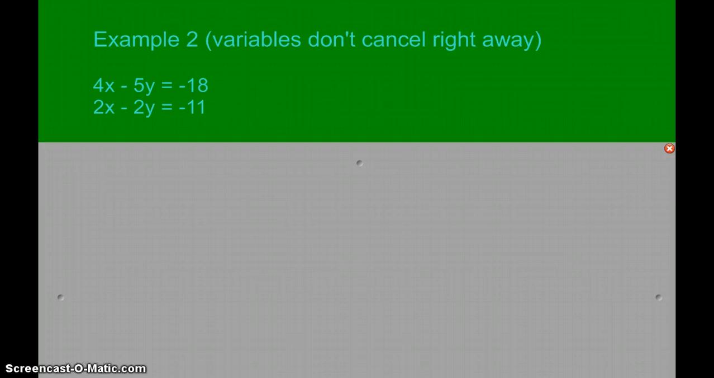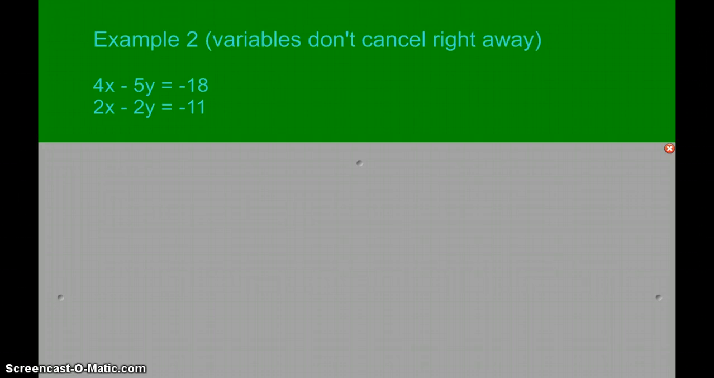We want to get to an equation in one variable. So what we need to do is look at what I could do to either one of those equations so that I could cancel out a variable. If you look at your x's there, you see we have a 4x and a 2x. And so if I wanted to cancel out my x variables, I would need to have a 4x and